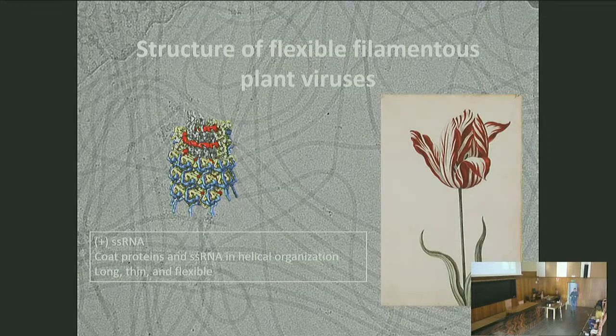Okay. So one of the main lines that I'm going to present is regarding those filaments that we see here in the cryo-EM image. I'm going to start with this painting, which is a funny one. This painting is from the 17th century from the Netherlands. It's a very famous one. It's anonymous. And it depicts a variety of tulips, which is, I think, Semper Augustus, something like that.